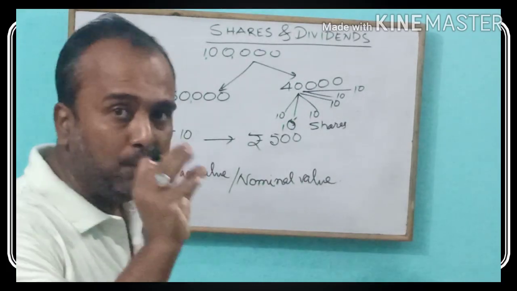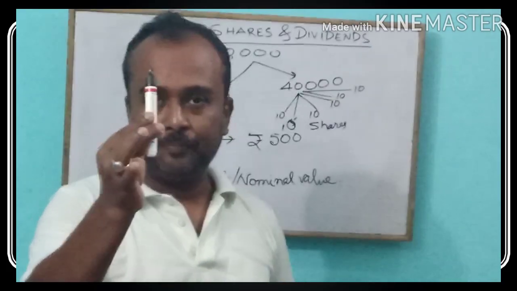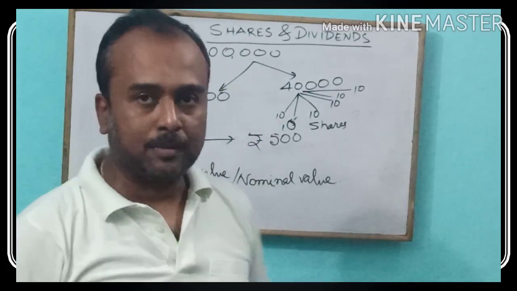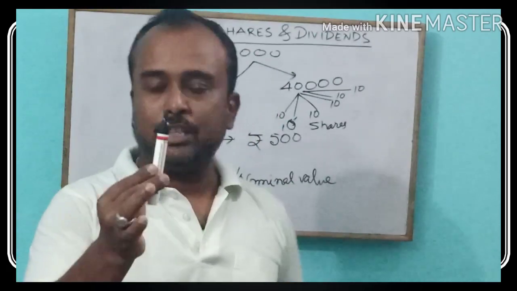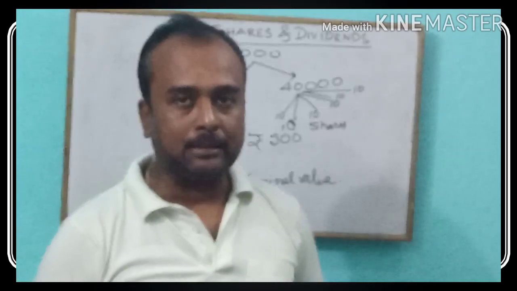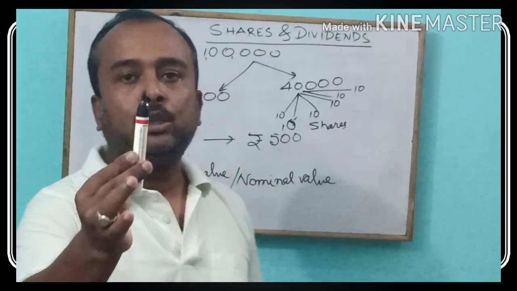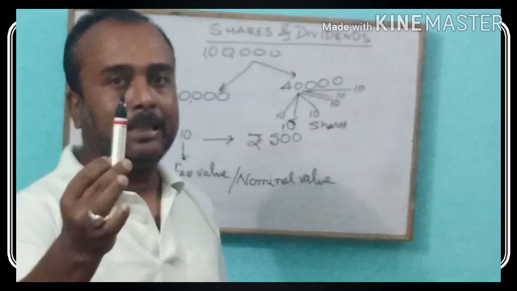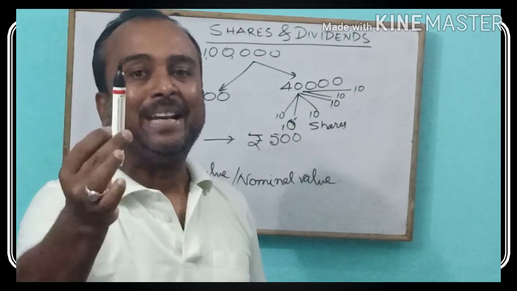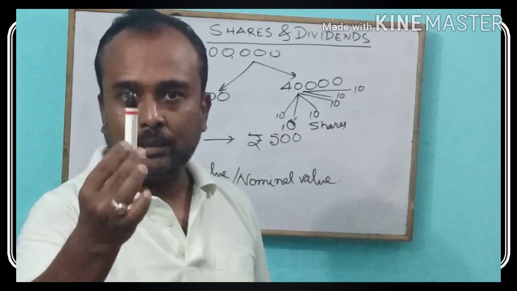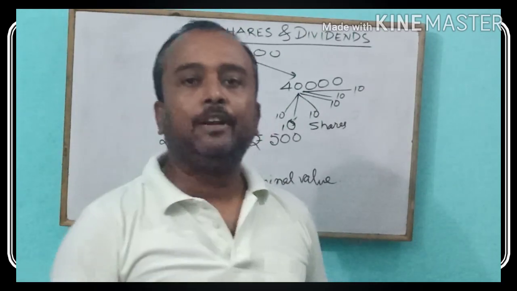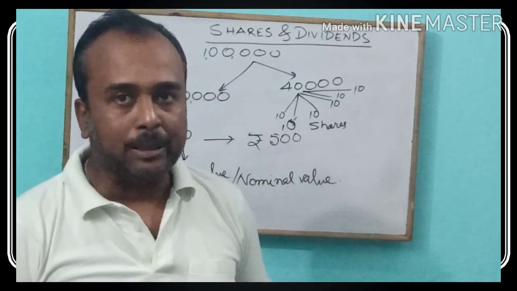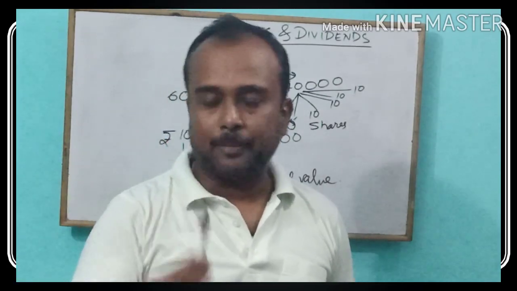Means the original value. For example, this pen which I am having may cost 20 rupees. But if this pen belongs to a very renowned person, then to get this pen, whose original cost is 20 rupees, there may be persons who are ready to pay 20 lakhs. Because the pen was used by a very important person. It will be a pride for you to keep such a pen.